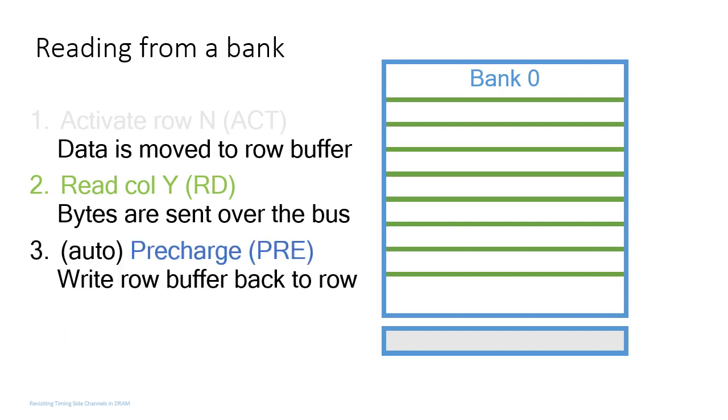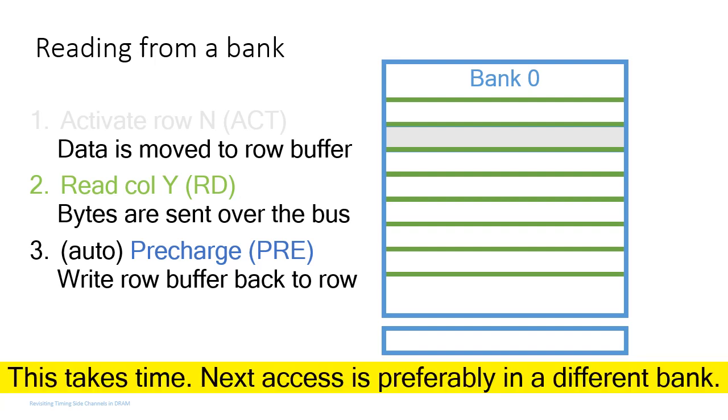At some point, we do have to return the contents of the row buffer back to the row in DRAM, and this is done using the precharge command. Now, doing all of these things takes some time, and we cannot do anything in parallel because there's only one row buffer. So it's quite slow. So what we want to do is to spread out the workload, spread out DRAM accesses over as many different banks as possible so that all of these operations can happen in parallel, so that we can maximize the memory bandwidth and minimize latency.